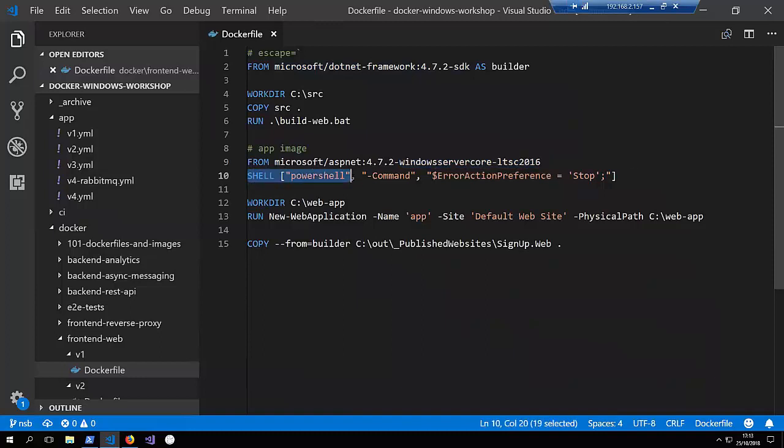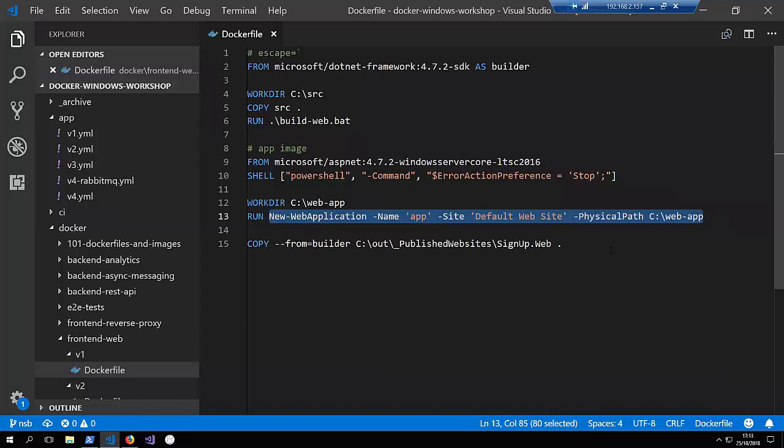So now I'm switching to PowerShell because by default, the Docker file will run commands using the ordinary command shell. And if I switch to PowerShell, I can do anything I need to in here. So I'm creating a directory where my web application is going to live, and then I'm running some PowerShell just to set this up as a web app in the default website. The default website I know is there because it's part of Microsoft's base image. So all I'm doing is creating effectively a virtual directory inside the default web app where my application is going